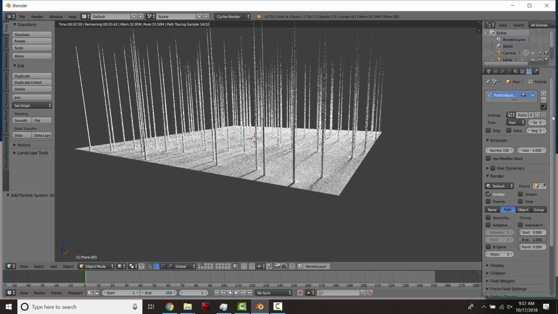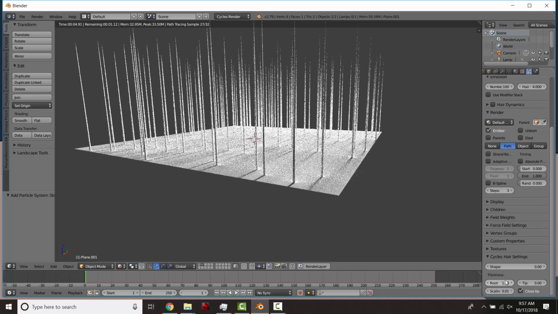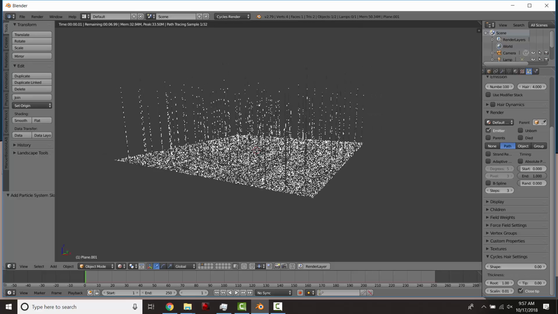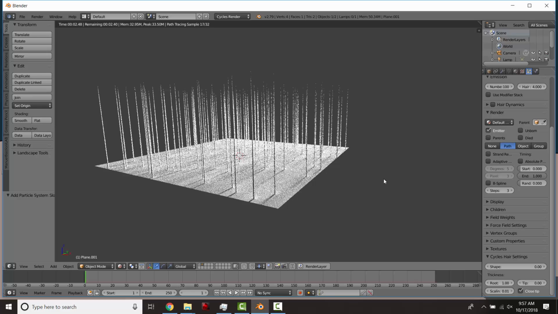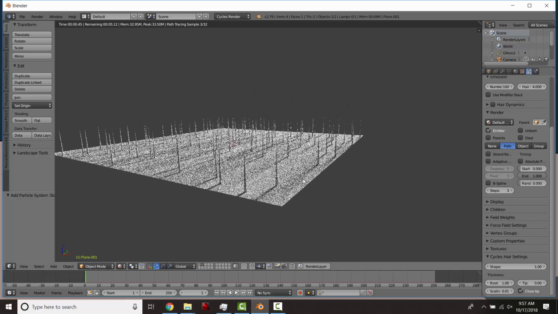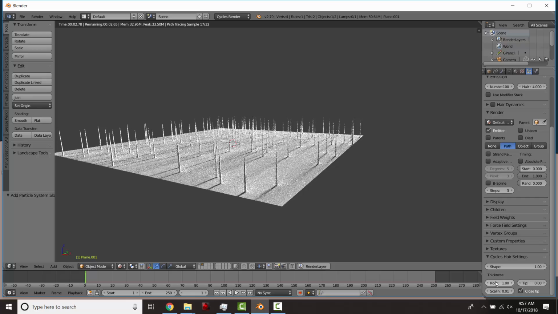So we're seeing our hair, but if you're messing with the hair cycle settings, trying to make it thicker or whatever, this shape thing is kind of interesting. By default, it's set to 0, and what's happening now is actually not very realistic for hair. The hair strands, it's really hard to see, but they're almost going up in a really tall triangle. Now, if you set this all the way to 1, it looks like I just cut the hair. But what's really happening, if you increase the root